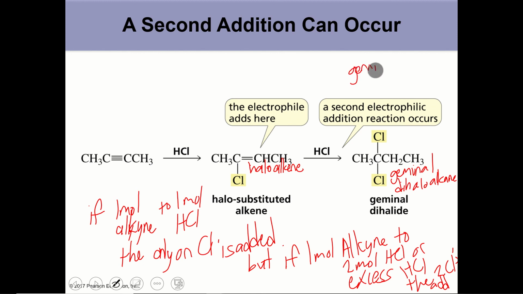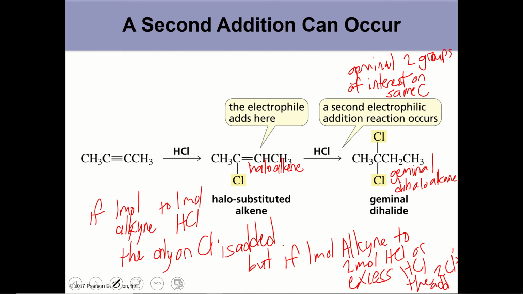So geminal: 2 groups of interest on the same carbon. Okay, so the reaction of an alkyne with excess HCl gives us a geminal dihalide,